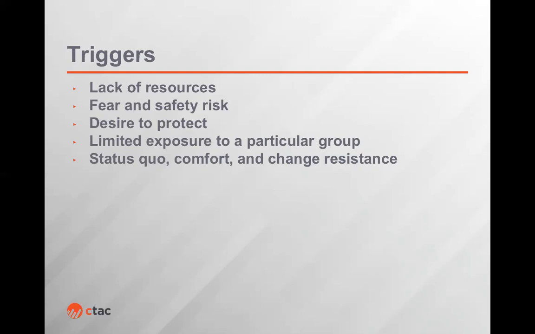Additionally, limit exposure to particular groups. If you've never seen this type of person before, this group before, you just don't know what type of heuristic to have. And finally, it has to do with the status quo comfort. Humans really don't like a lot of change. And when there is a lot of change, there tends to be some resistance to that process. All of these things are what I really like to classify as triggers of our heuristics, where we use minimal mental effort to make really quick decisions and rules about how the world is structured.